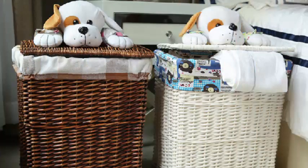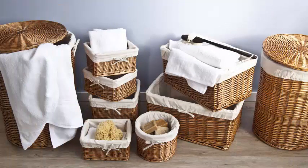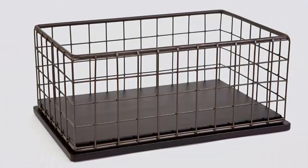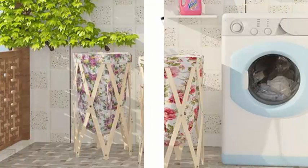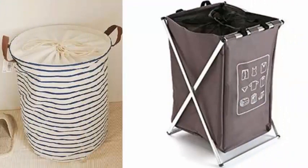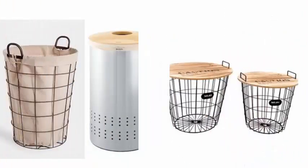Baskets with messages. It is possible to buy cloth baskets on which you can paint, so that we can put the name you want. But there are also already manufactured ones. These, for example, show us some models of different colors with the word laundry, to distinguish the laundry basket from other baskets that can be stored. There are also some that have messages to classify clothes. These seem especially useful for houses where there are large families,